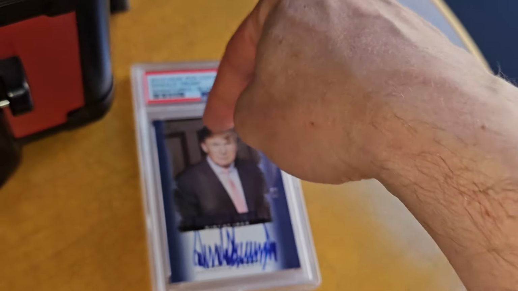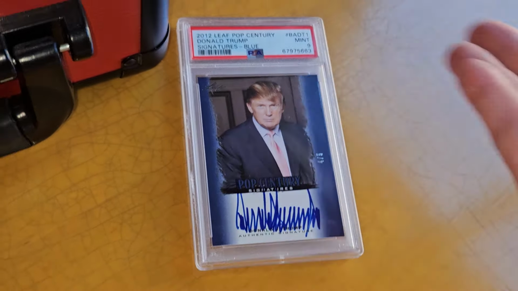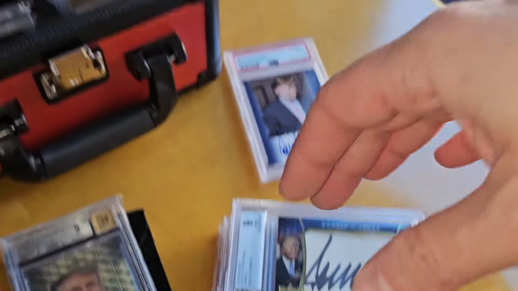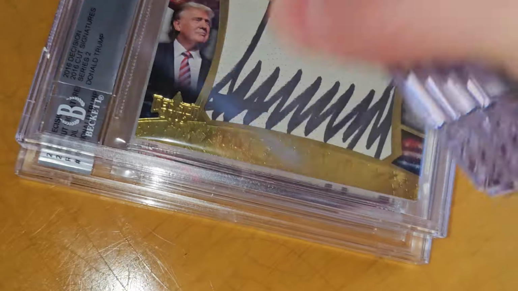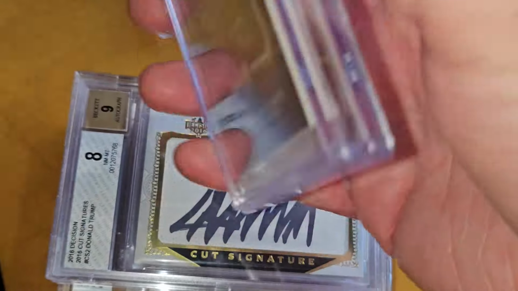Blue version. There's also a silver, and then there's the base as well. The base did 11 grand 2 years ago, before the assassination attempt, before his iconic mugshot, before his iconic reaction to the assassination attempt, before his meteoric rise back to superstardom. So these days, auto cuts, these were going for $1,000 before the assassination attempt, and now they're going for, well,